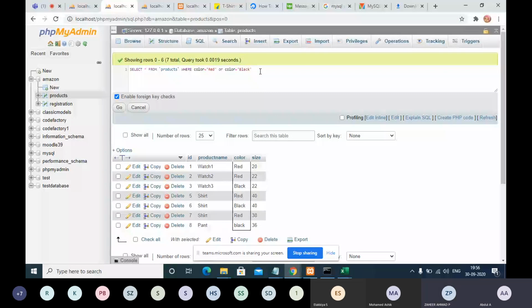For example, I am removing this second color and putting under product name is equal to watch. It may be small or capital, not an issue. For example, shirt I'm just giving.